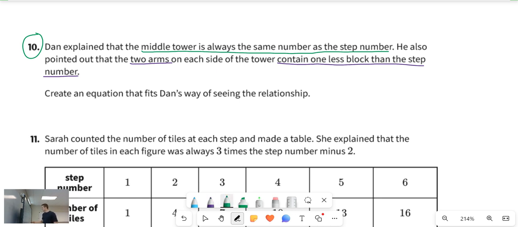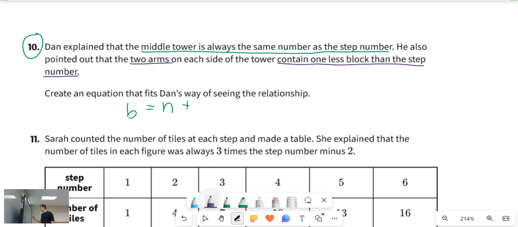So his equation, or an equation that models his way of seeing this, is that our number of blocks, let's call it B, is equal to... let's see, the middle tower has the same number of blocks as the step number. So if the step number is n, the blocks is equal to n for the middle tower, plus, and there's going to be some purple portion,